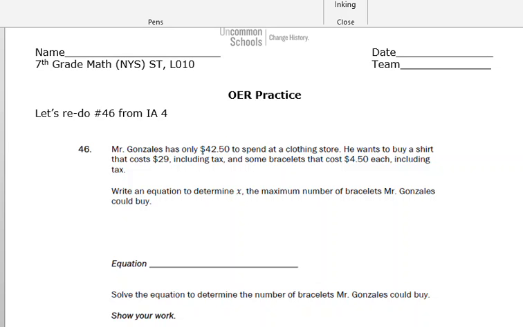Mr. Gonzalez has only $42.50 to spend at a clothing store. He wants to buy a shirt that costs $29, including tax, and some bracelets that cost $4.50 each, including tax. Write an equation to determine X, the maximum number of bracelets Mr. Gonzalez could buy. I want to talk about this where it says including tax, because it's something that you're just